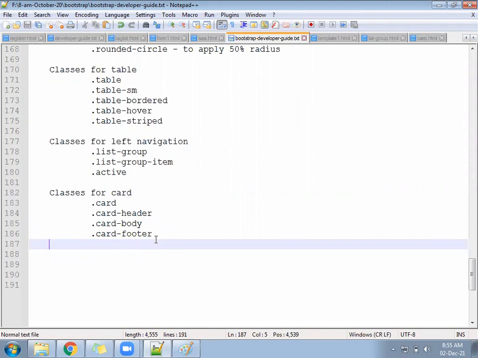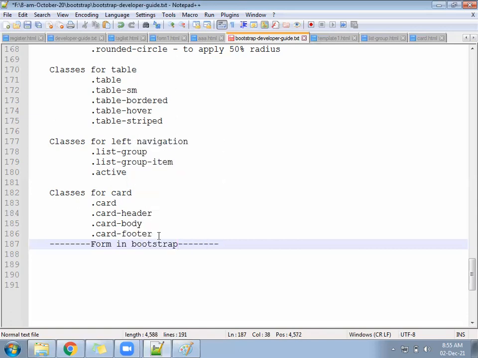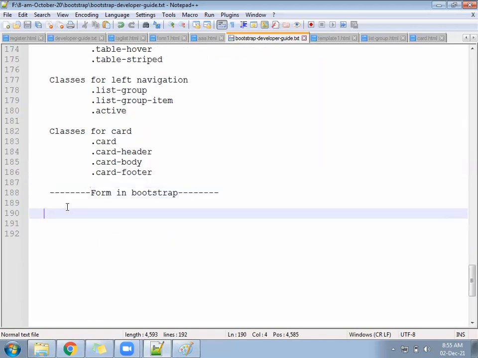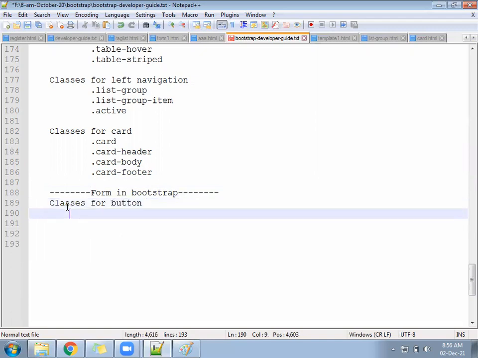So when we are designing a form, inside the form we can follow the different types of buttons. Simply write a heading called form in Bootstrap. First you write the classes for button. Classes for button.